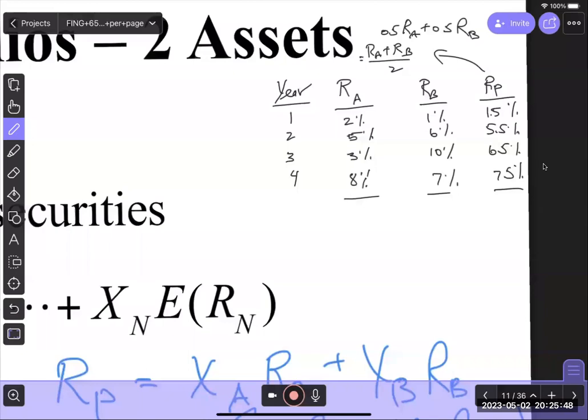Okay. So for RA, you said 3.5 is the average. RB, the average was 6. And then RP, 4.5. And then RP is 5.25. So